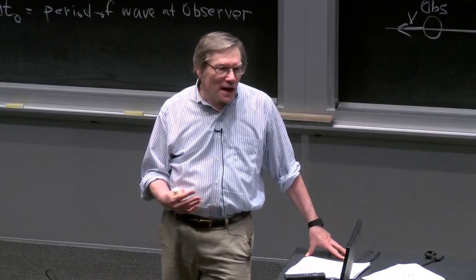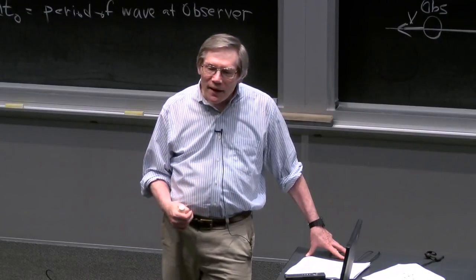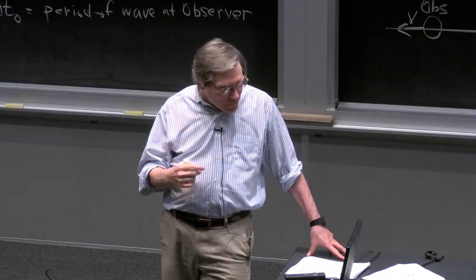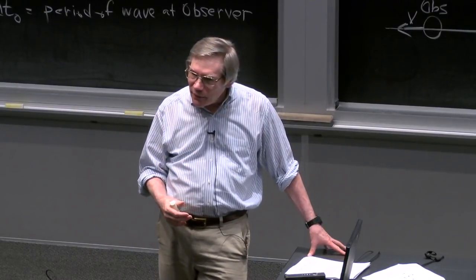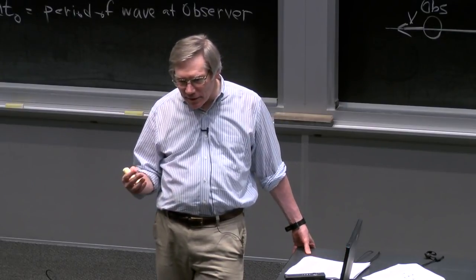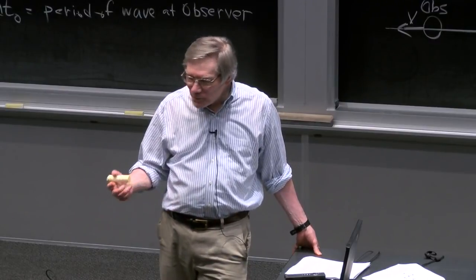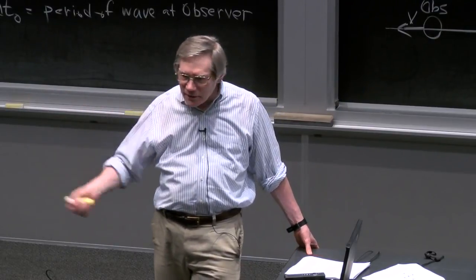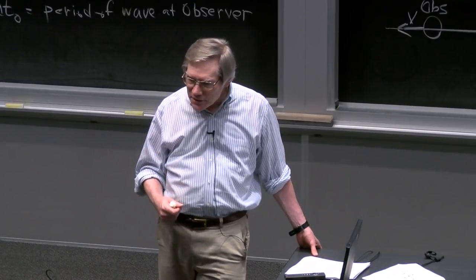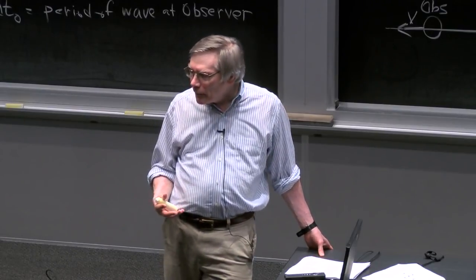A key issue in the time of Galileo was whether the Earth moved around the Sun or the Sun moved around the Earth. That was something Galileo was intensely involved in. And one of the arguments that said that it must be the Sun that moves, it can't be the Earth that moves, was that if it's the Earth that moves, it means we move at very high velocity. The velocity of the Earth around the Sun is high by ordinary standards. And obviously we'd feel that motion, people thought.